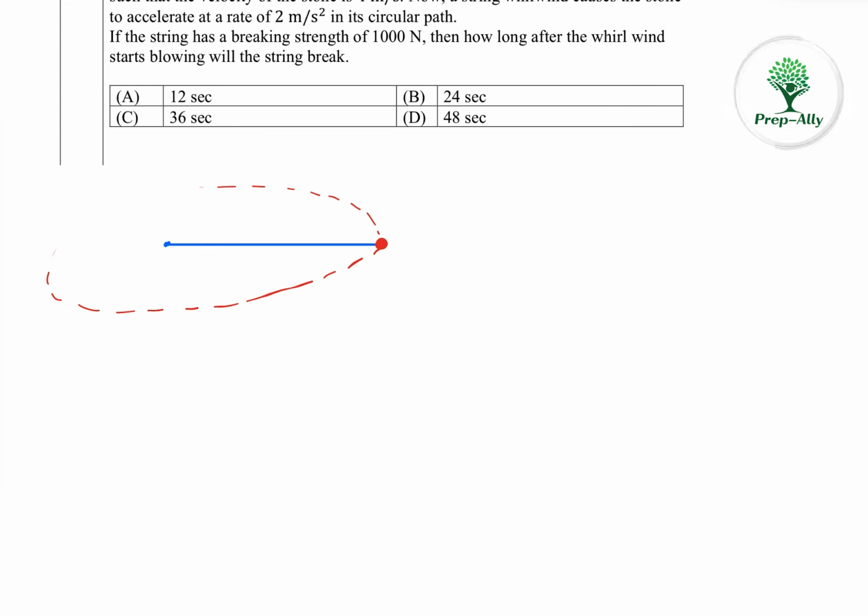Okay, it's not exactly circular. Now, he says that this velocity is 4 meter per second while the length of the string is 1 meter and mass is 100 gram. Now, a strong whirlwind causes the stone to accelerate at a rate of 2 meter per second square in its circular